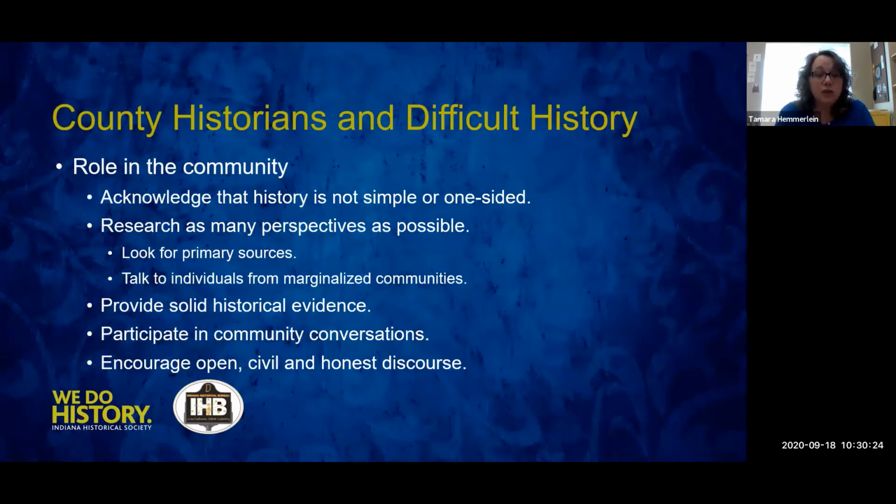Provide solid historical evidence. Look for facts, look for perspectives, do research, and as you're doing research and as you are providing this historical evidence, always keep in mind what you may be bringing to the table in terms of your implicit bias. You know, really push yourself to reach beyond what's comfortable to collect as much good, solid historical evidence as you can. Remember to participate in community conversations